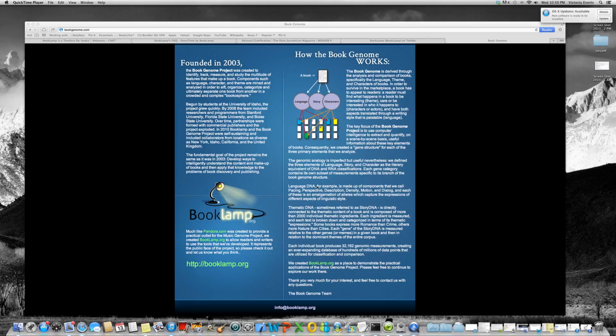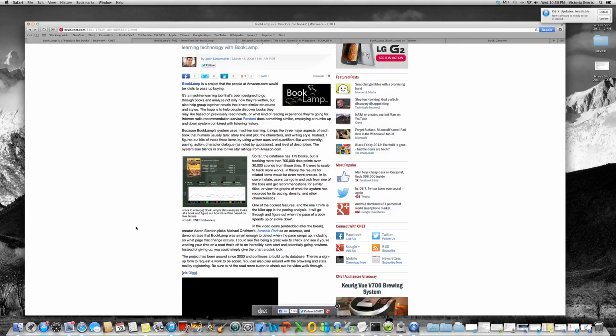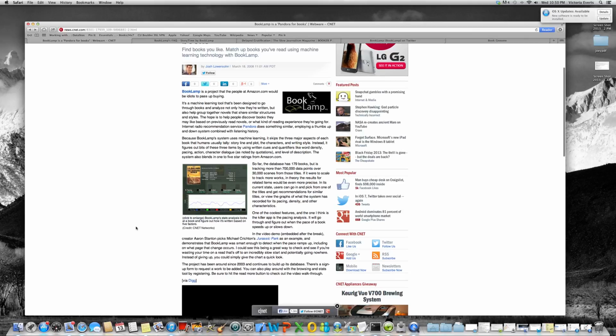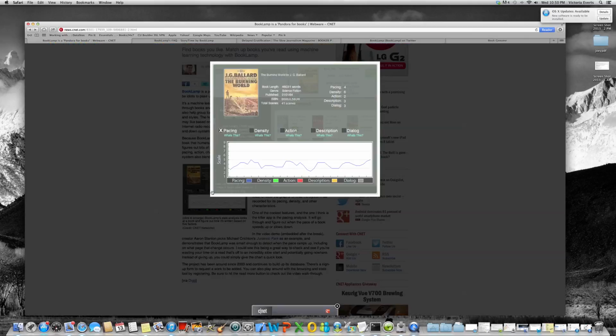So, for example, in language, you'll see things like pacing, perspective, description, density, motion, and dialogue. Well, in story, it's very diverse, and so it says they have 2,000 individual thematic ingredients. So there's a lot of different things to consider in terms of the themes in a story. And so that started to answer my question, and then I also found this